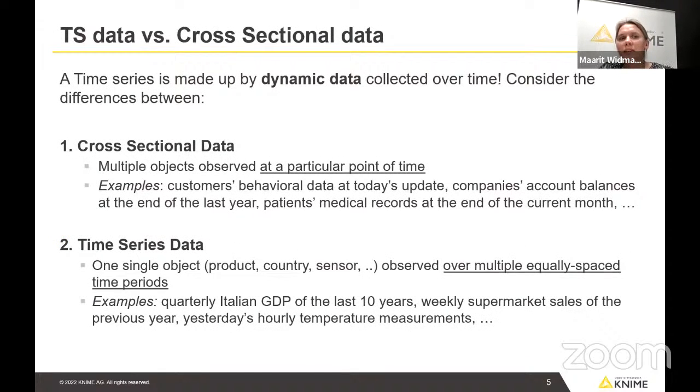And now what kind of data do we have for the analysis? The time series data is characterized by the fact that it's dynamic, so it's collected over time. How is this different from the cross-sectional data? The cross-sectional data is always collected at one particular point in time. So it's a snapshot of a situation. Whereas time series data is collected at multiple time periods so that we have the same object observed at different